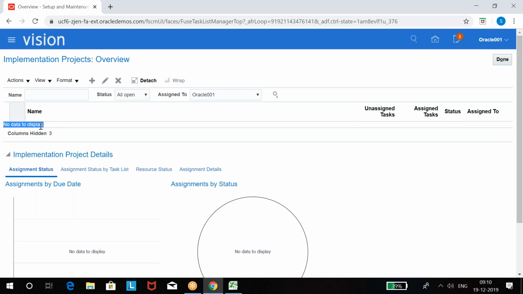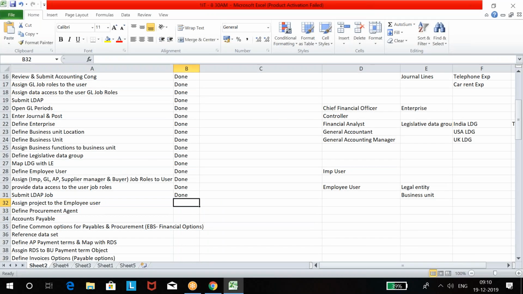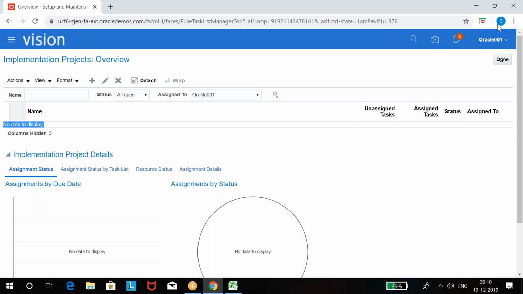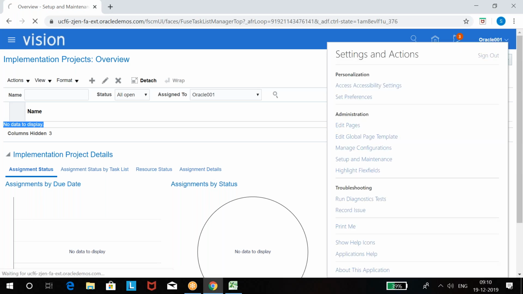It is assigned to some other user now. So you don't see any project with this username now. Okay, so we are done. We have assigned the project to a different user, that is the employee user. We'll log off and we'll log in with the employee user.